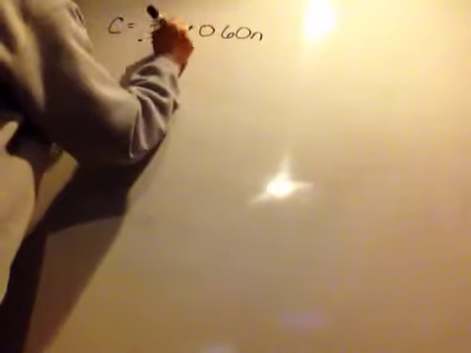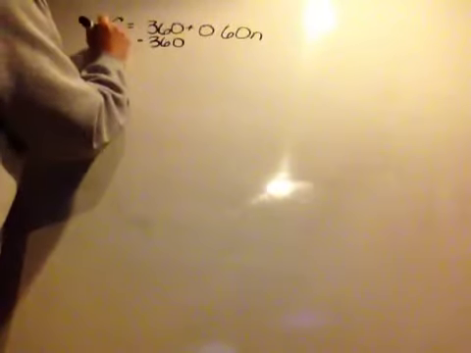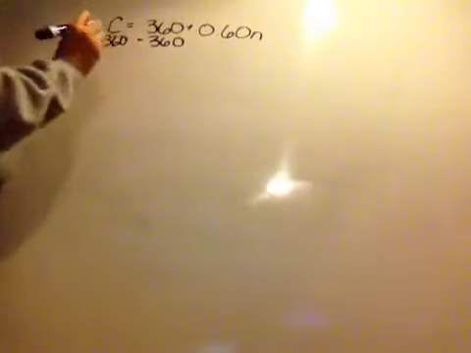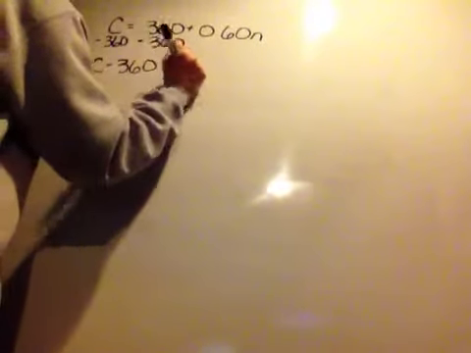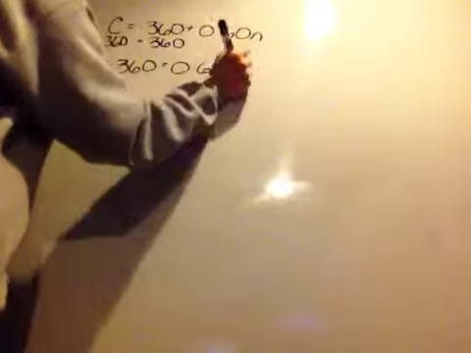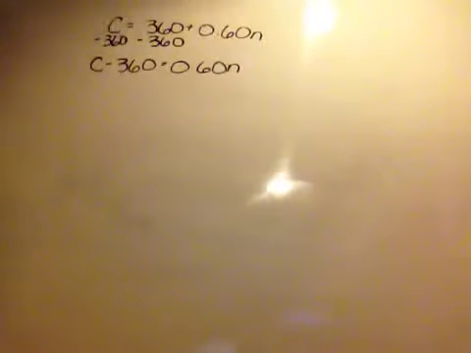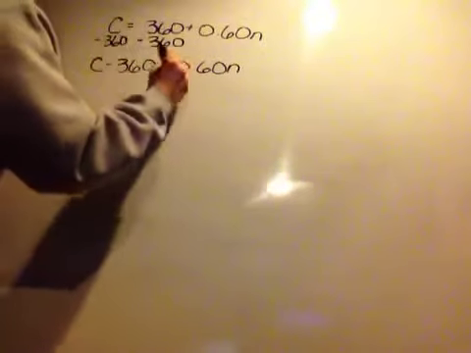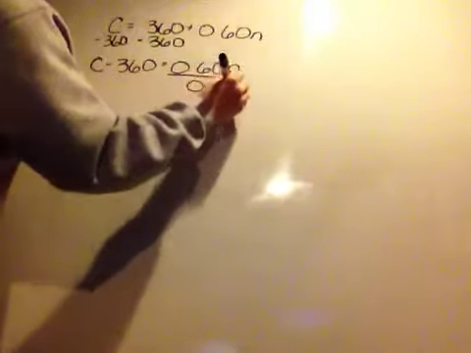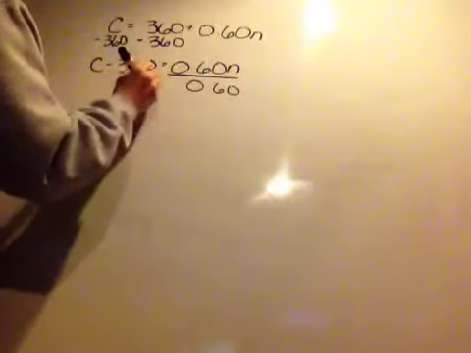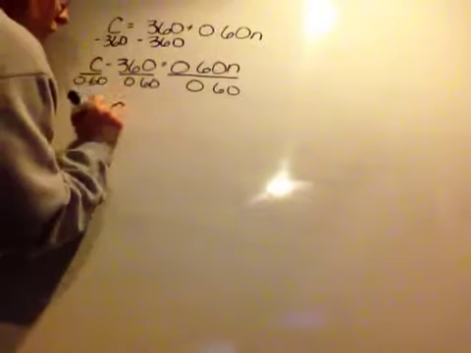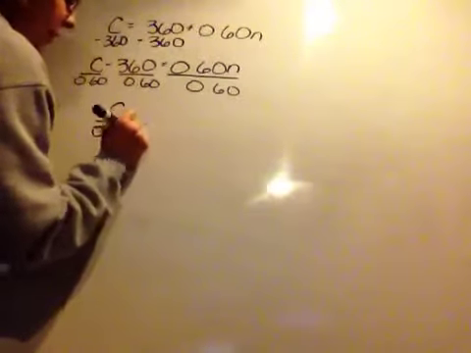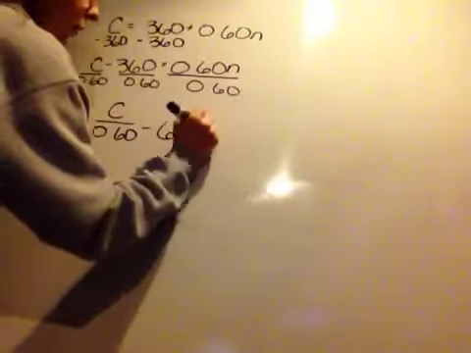So we're going to start by subtracting 360 from both sides. Okay, and then from here, we're going to divide both sides by 0.60 to get n by itself. And I'm going to divide each term so I can simplify it further. So I have C over 0.60 minus 600